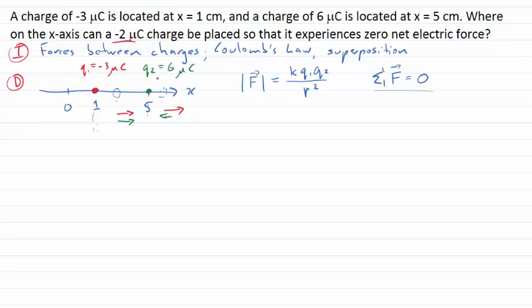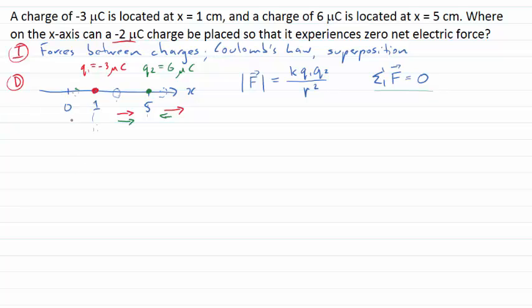I'll be closer to the 6 microcoulomb charge, and I'll be further away from the smaller charge, the negative 3 microcoulomb charge. So although these forces will be in opposite directions, the force from Q2 will always be larger than the force from Q1. So although they're in opposite directions, they won't be able to sum to 0, which leads us to the region here less than 1 centimeter, where we can again see we will have a force from